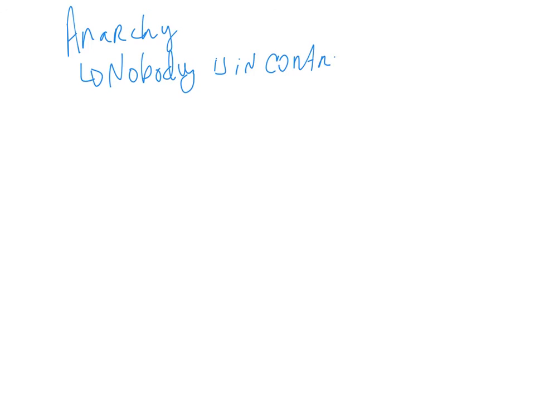What we're going to be talking about is anarchy. Anarchy is defined as nobody is in control, or everyone is, depending on how you look at it. Sometimes the word anarchy is used to refer to an out-of-control mob. When it comes to a government, anarchy would be one way to describe the human state of existence before any governments developed. It would be similar to the way animals live in the wild, and so we're going to make a note of that.